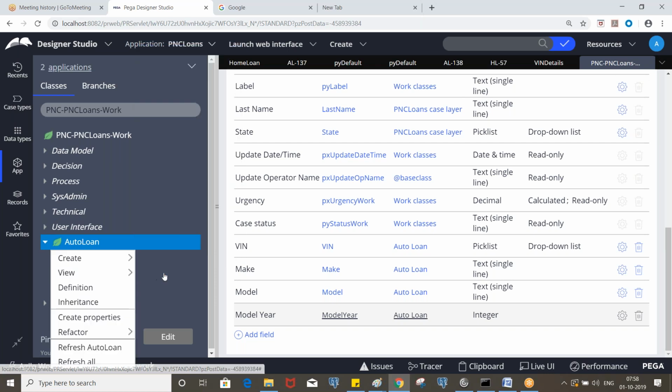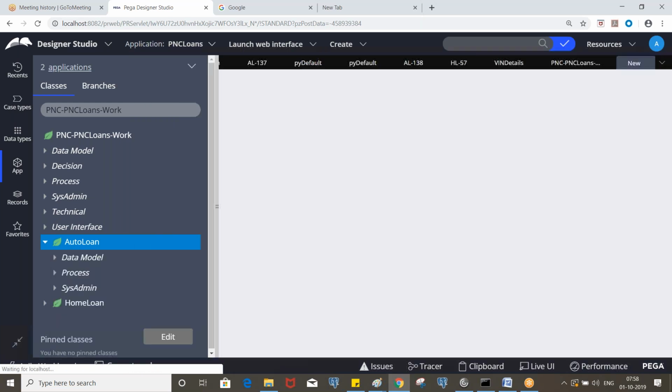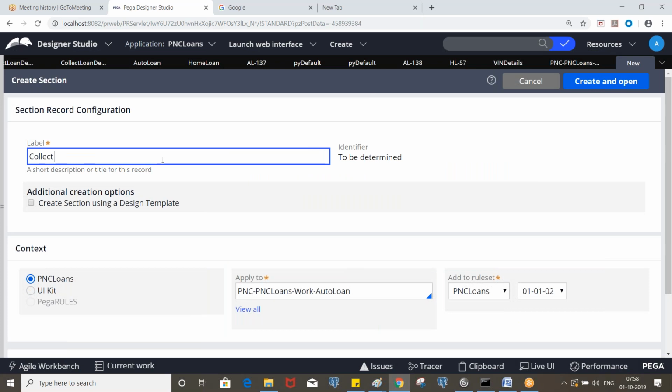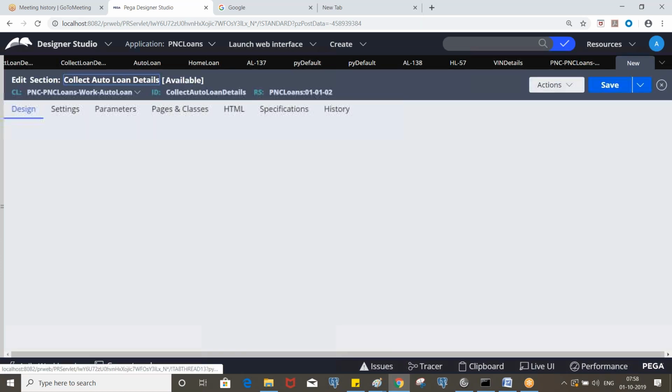The next step, create the collect auto loan details section and specify these properties.